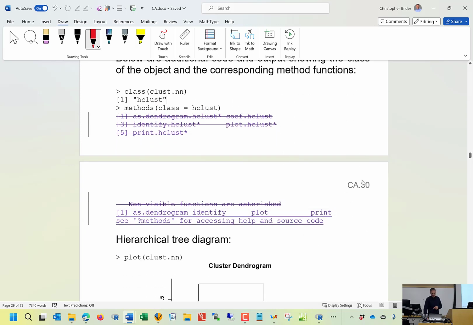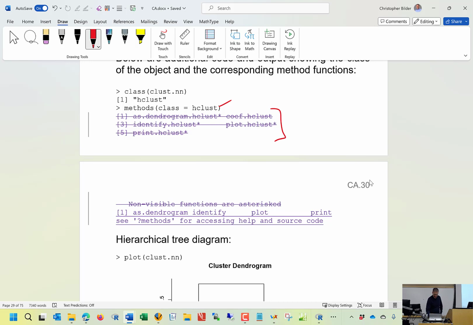Okay. Now, whenever you're approaching a new function in R, I showed you how it's always good to use the names function with it so you can see what's actually stored inside of it. You should also use the class function so you can see what is the class of the corresponding object, and it just so happens to have the exact same name as the function name. It doesn't have to in general, but very often programmers will make that decision. And so if I did methods class equal h